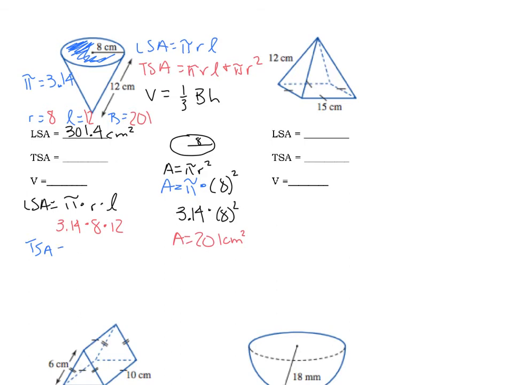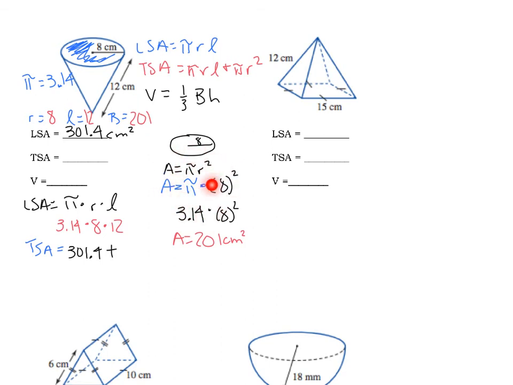Now let's look at the total surface area. Again, the first part of the total surface area is the exact same as the lateral, so I'm not going to rewrite that twice. We already know that answer is 301.4. And from that, we're going to add pi r squared. Now I want you to think for a minute here. Pi r squared